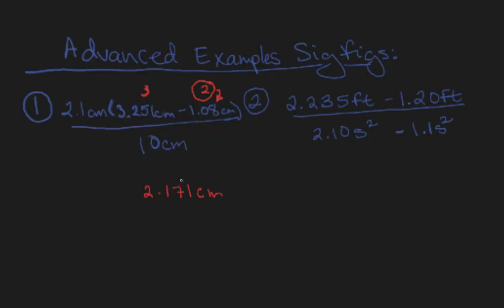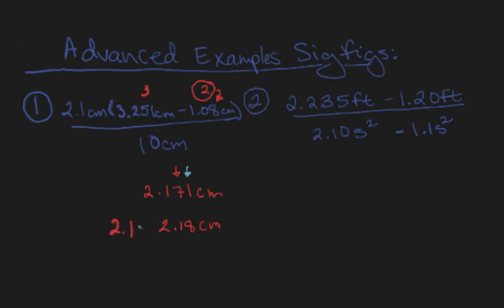So this one right here should be rounded to 2. Since the number after the 2 determines whether we round up or not, and this number's 4 or less, it stays the same. Had it been 5 or greater, we would have switched this to an 8. But now we have 2.18 centimeters